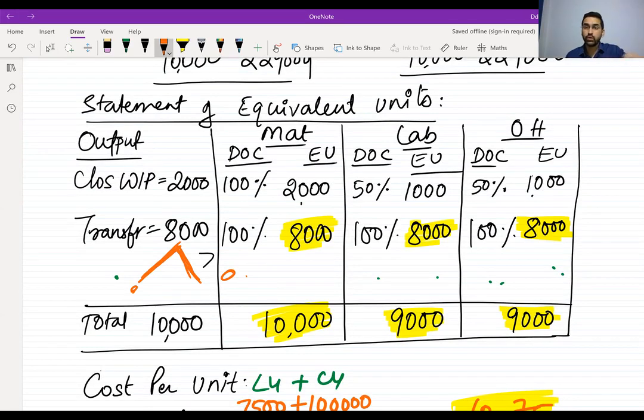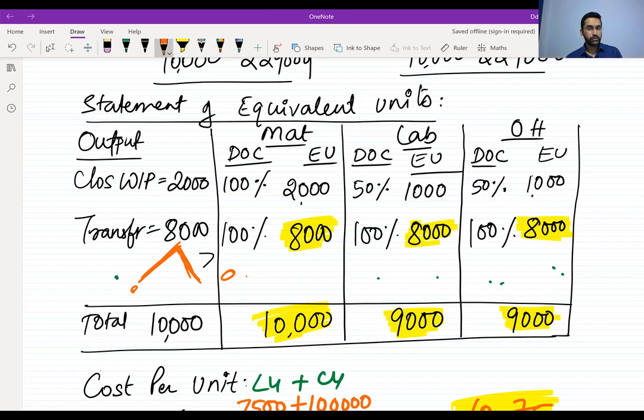You gave some importance to opening WIP DOC. But look at this, in the average cost method, nowhere in your answer have you considered opening WIP DOC, which means if opening WIP DOC is not given in the question, then we can work out under the average cost method, right? Sir, what do you mean by not giving opening WIP DOC? They should give, no. Every company should know how much is DOC, how much is degree of completion.